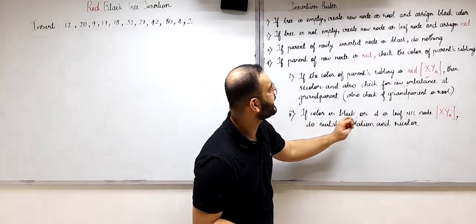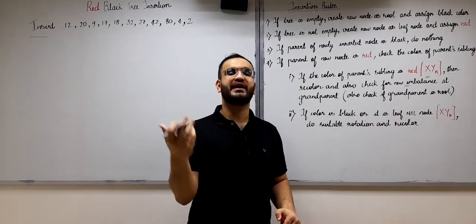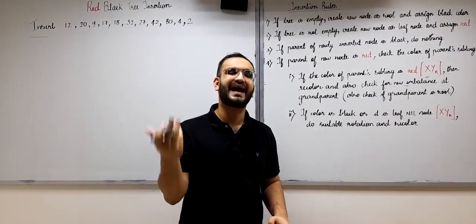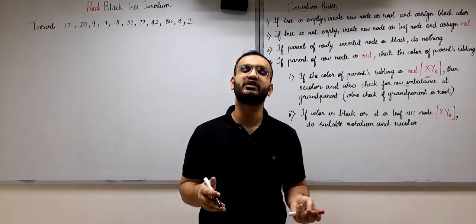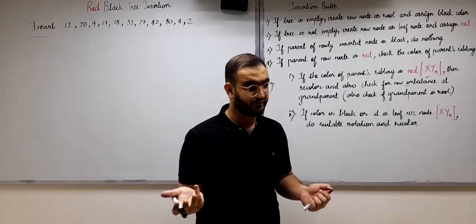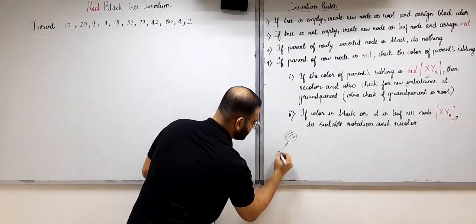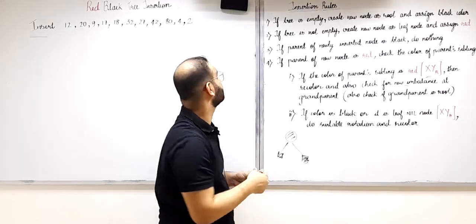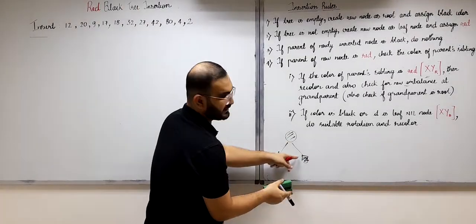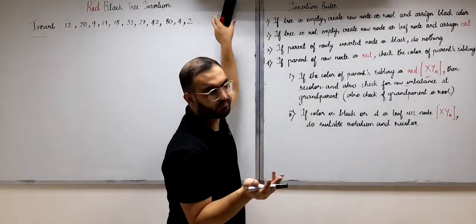So if the color of the uncle is black or it is a leaf nil node, an external node, we also consider it a black node, because we have learned in the properties of red-black trees that the external nodes' color is also black, right? These external nodes are also black. We know this already in red-black trees. So if the uncle is actually an external node, so this will fall